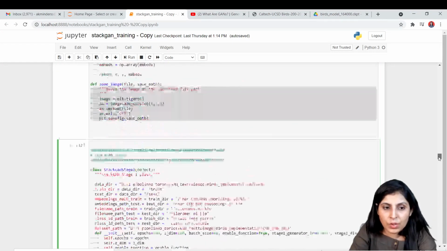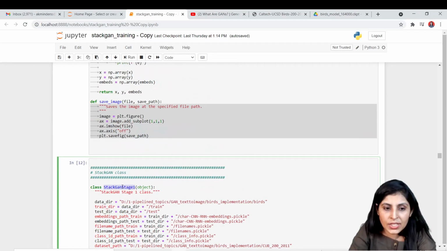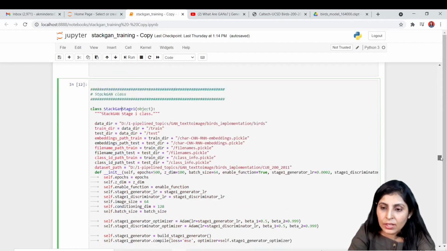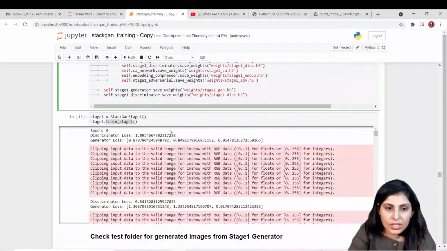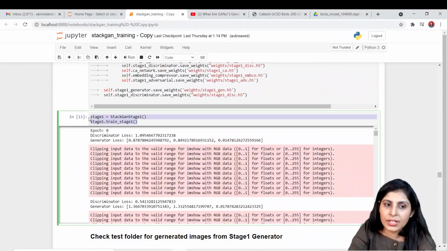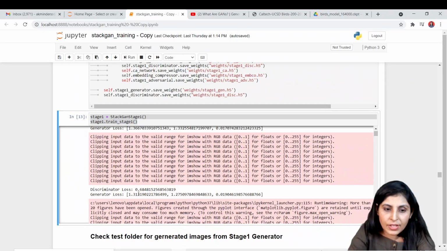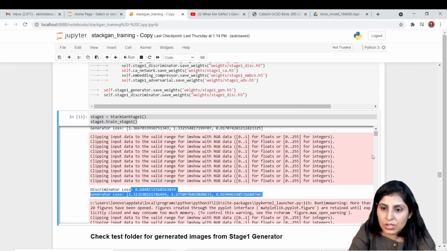And what do we want to train? We want to train this StackGAN class, the StackGAN stage 1 class, okay? So this is how you can train. Once you start the training, for every batch you will get this discriminator loss, and you will get a generator loss, right?